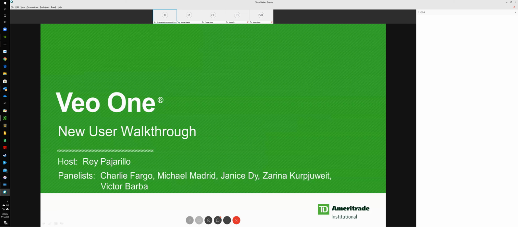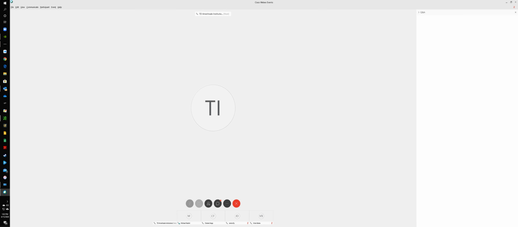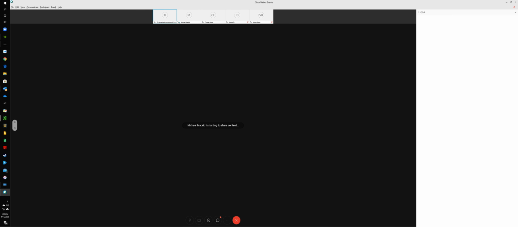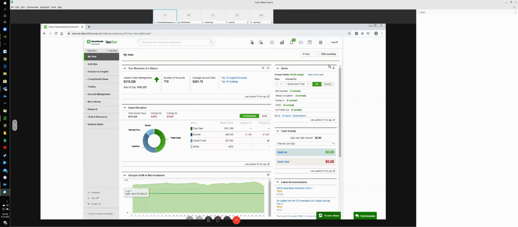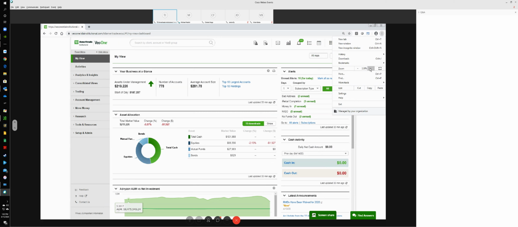For many of you who are used to using Veooo Classic, Veooo1 does combine the account management and trading functionality that you use today, but also brings in the power of your integrated vendors that you're using in your practices, whether those technology vendors would be a CRM, a financial planning system, a portfolio management system, or other business applications that you're using with your clients. Veooo1 does give you that dashboard approach and that integrated view,